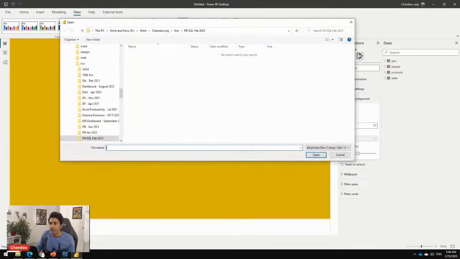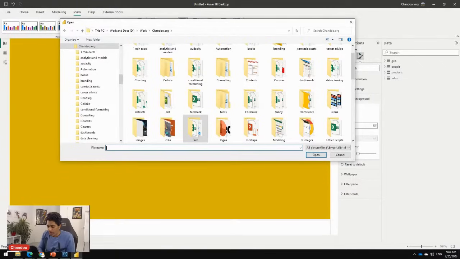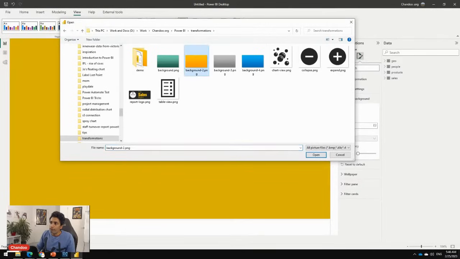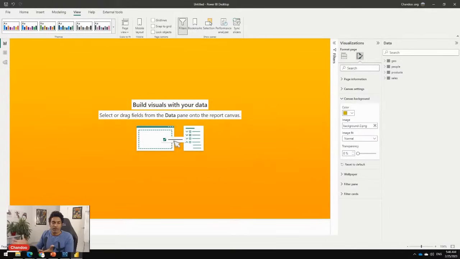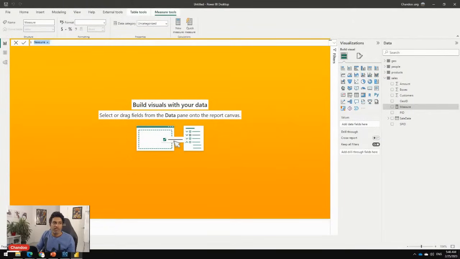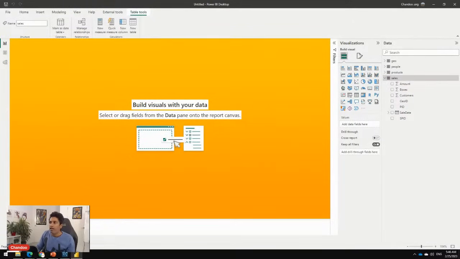What this does is it will get me here. Let me just quickly bring a background that I have, so that there is a background on my report. That way the report looks better rather than the white background. And then here what we want to do is a very simple sales report. So I want to build some measures, right click, new measure. Everything else from here onwards is exactly how we normally do it. So new measure, and then